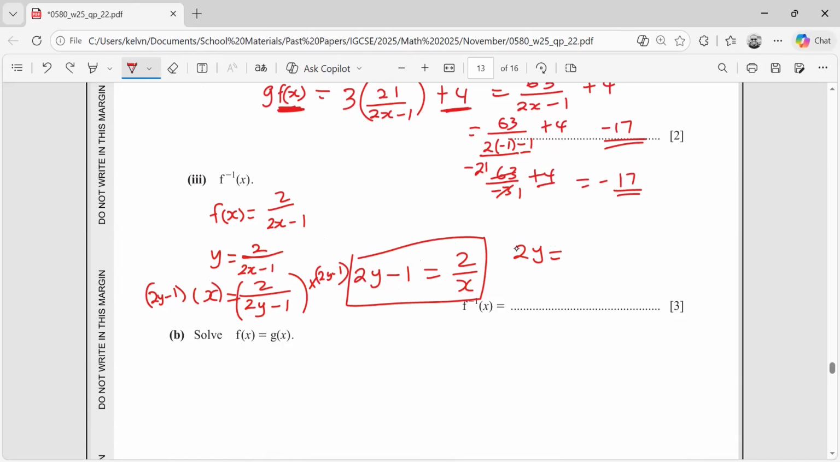So I'm going to write 2y is equals 2 over x minus 1. Okay. And then I can divide both sides by 2. But before I do that, let me try to make this a little bit neater or cleaner. So the LCM is x. So this is going to be 2 minus x over x, because, yeah. And then after that, I can now divide both sides by 2, which is actually now